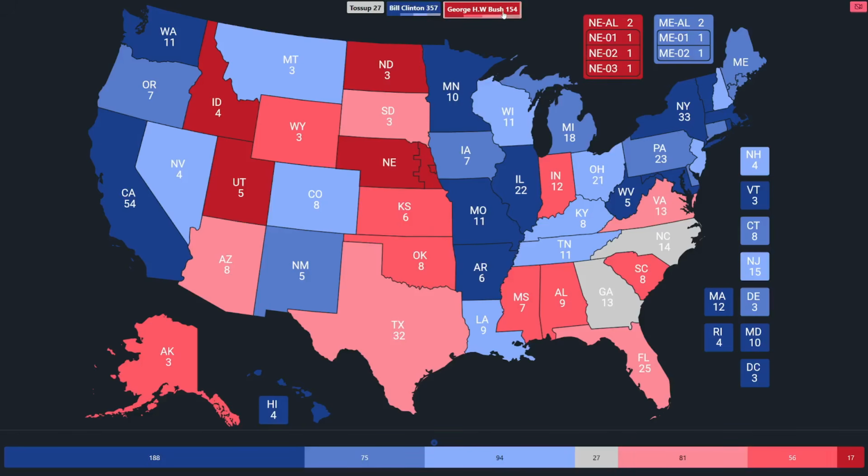Now we've got a couple of tilt margins, under 1%, the last 2 states. Number 2 is North Carolina. Bush won it by 0.7%. And that leaves number one, the narrowest margin out of every state. It was won by Clinton. You're looking right at it. It's Georgia. 0.6% was the margin.